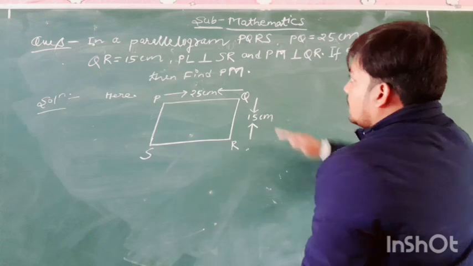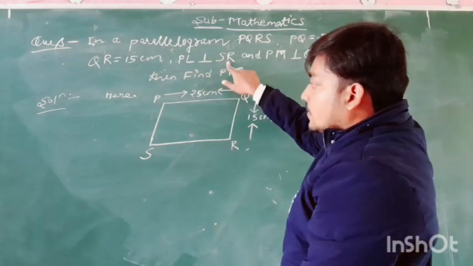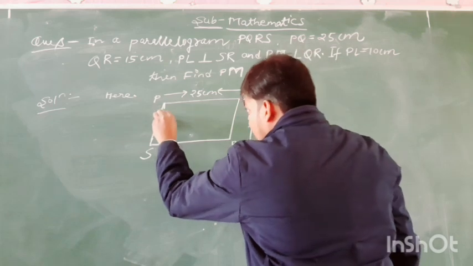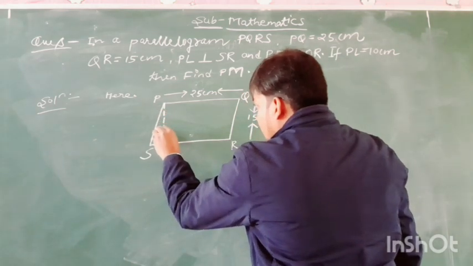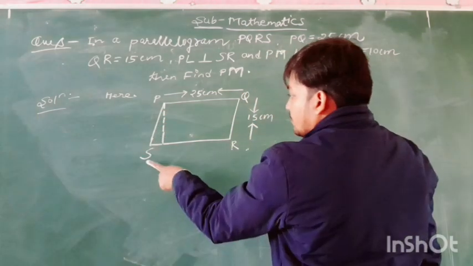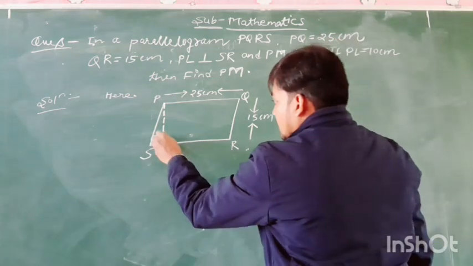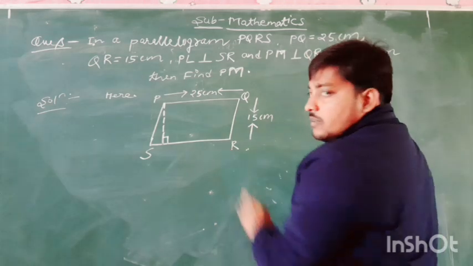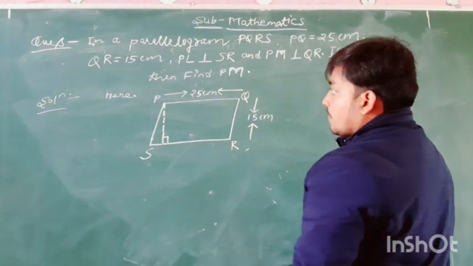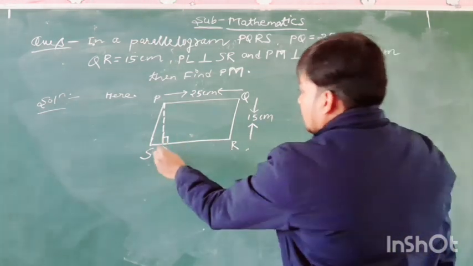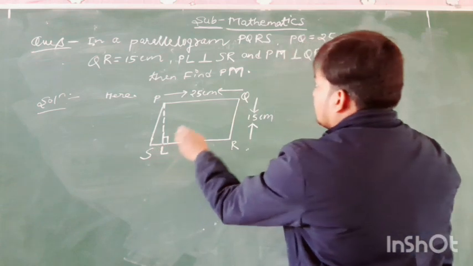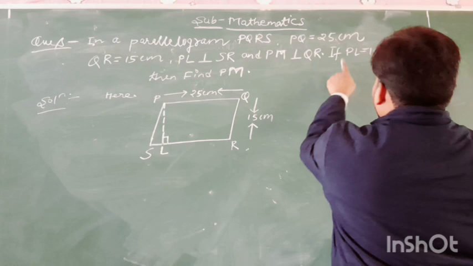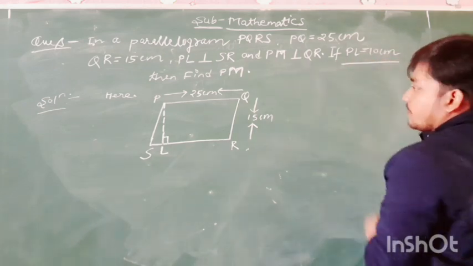and PL is perpendicular to SR. Then we have to draw a perpendicular PL which is perpendicular to SR, which is height of the given parallelogram PQRS, and the measure of PL which is perpendicular to SR is 10 centimeter. PL is equal to 10 centimeter,